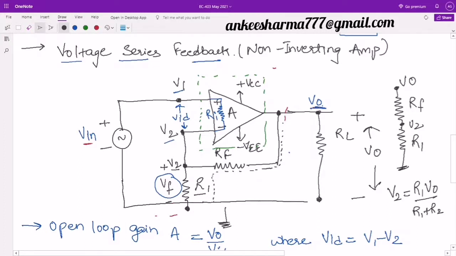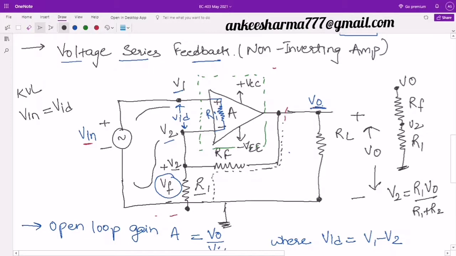So I will join these things. Right. So look here, what I want to discuss: VF, VID and VIN. If I take this complete circle, which is going from here, then going through RI and coming back from here. So if I take these three voltages in a closed path, definitely as per the KVL, it states that the sum of all these three voltages must be equal to 0, or the voltage sources must be equal to the voltage drop. So source is only over here, that is VIN, that must be equal to